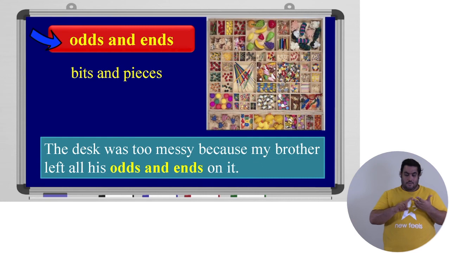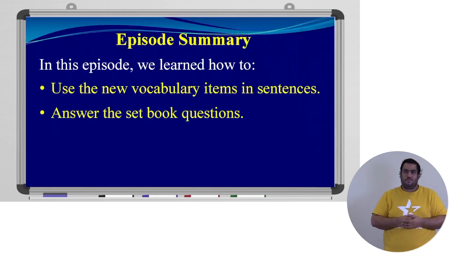Odds and ends. Odds and ends means bits and pieces. Example, the desk was too messy because my brother left all his odds and ends on it, bits and pieces all over the place. In this episode, we learned how to use the new vocabulary items in